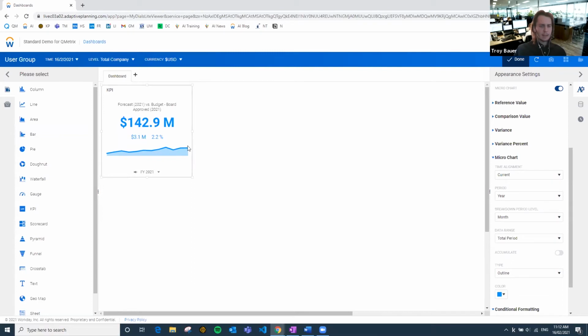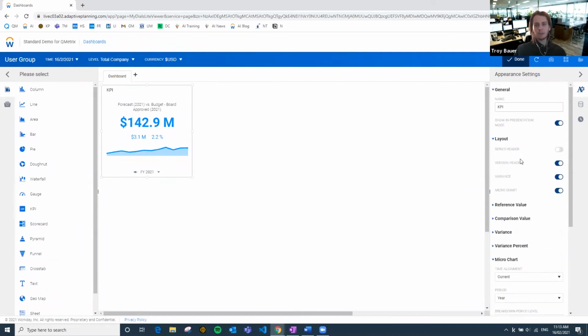Now, that's our output cleaned up pretty much. So it's displaying the right numbers that we want. Now what we've got to do is just change a bit of the format of this KPI and make it look a bit prettier. So the first thing I want to do is just change the title. By default, it just says the name of the graphic, which will be KPI, but we can make this a bit nicer and call it revenue, for example.